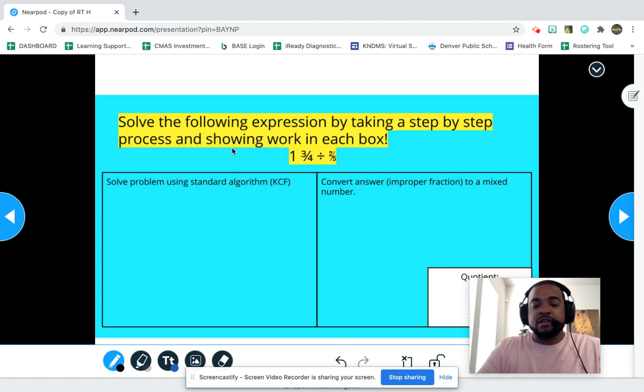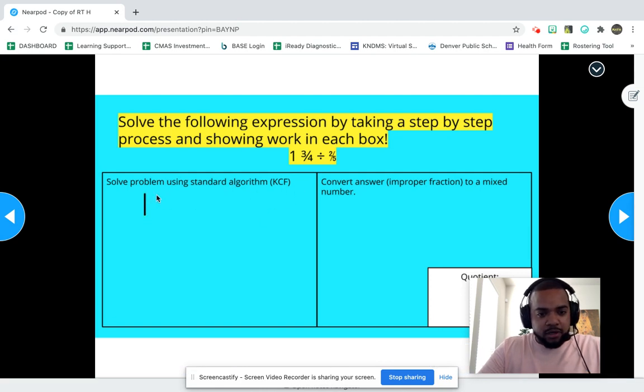I'm going to take the step-by-step process that I did before, and I want to show my work in each box. So I have my expression 1 3/4 divided by 2/5. I want to solve my problem using the standard algorithm first, and you know that's keep, change, flip. So I'm going to rewrite that problem. I have 1 3/4 divided by